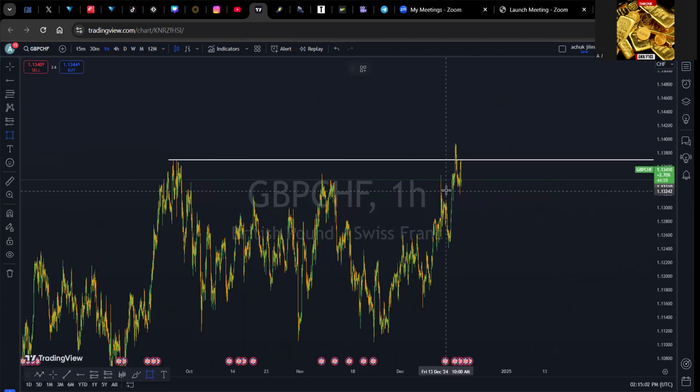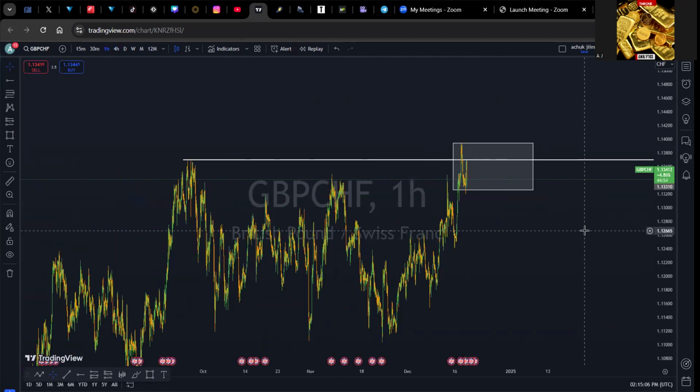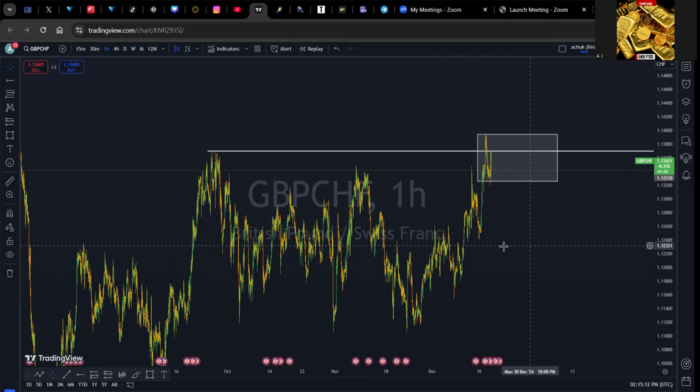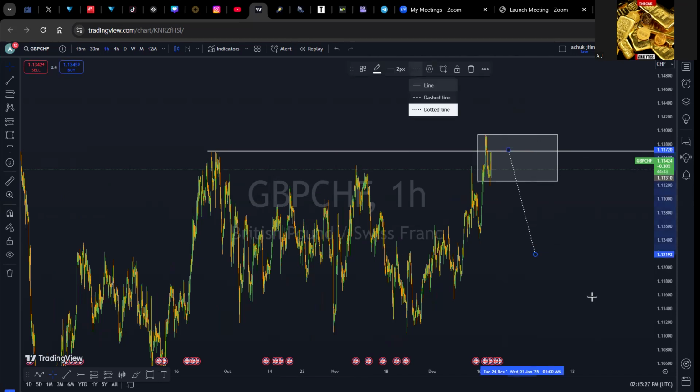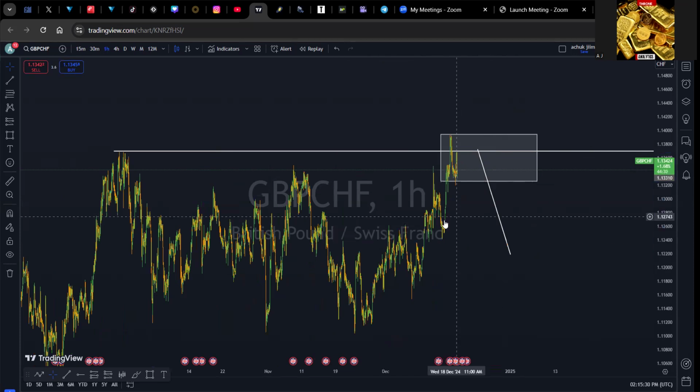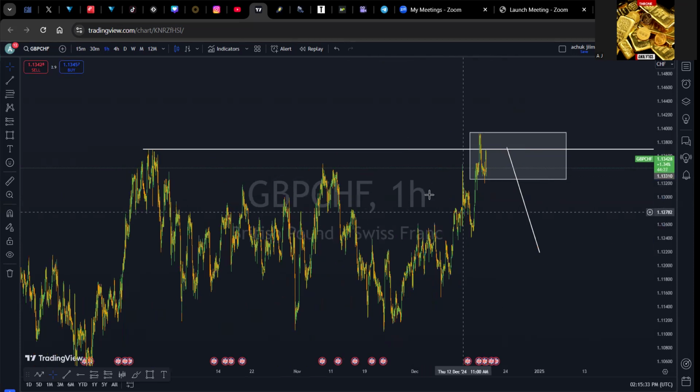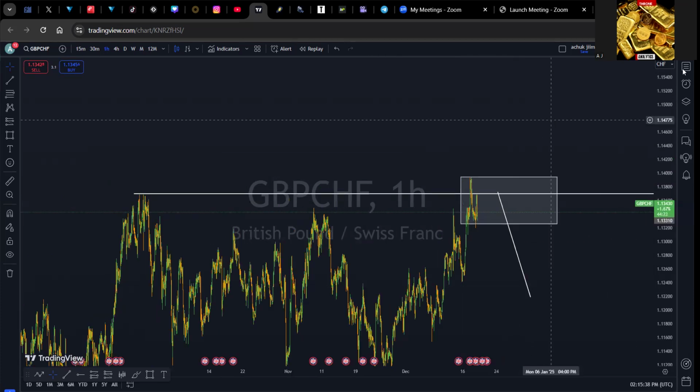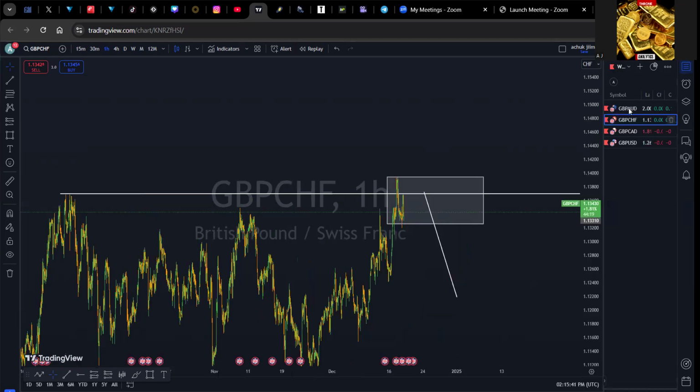So the next thing we study here, this is an area in which we study price, and we also look for patterns. And what are those patterns? Patterns of a downtrend. When the market wants to come down to the downside, we study the patterns that are here. Once we confirm that pattern, we could have that movement to the downside. So it's up to you to study the patterns, head and shoulders, double tops, and stuff like that. But if that does not happen and the market breaks above, then we could continue to push up. So once we have that, we can come to the next